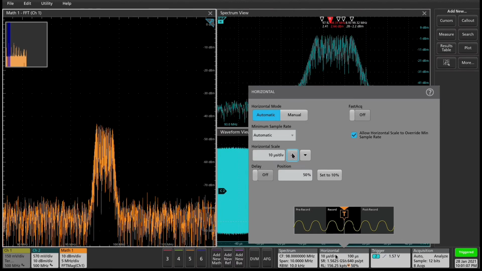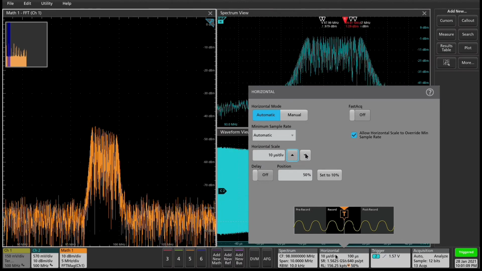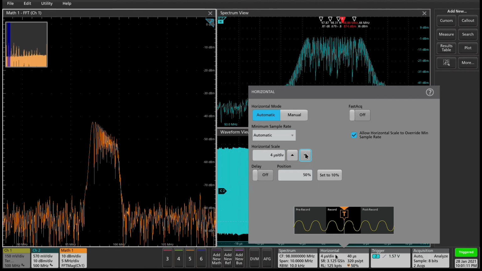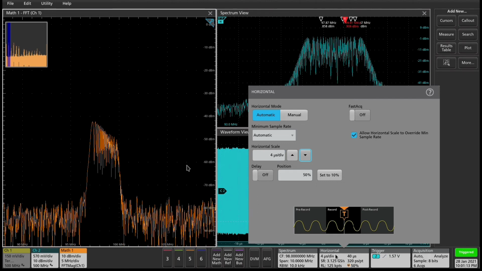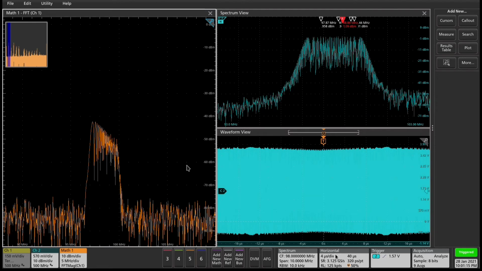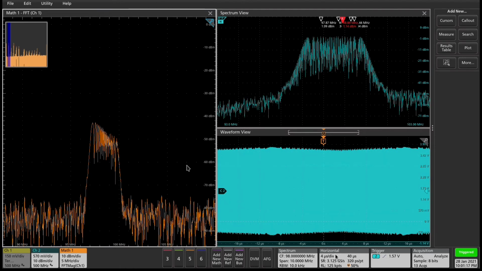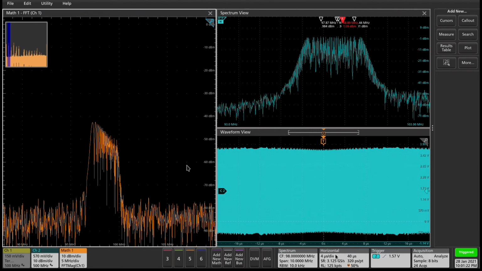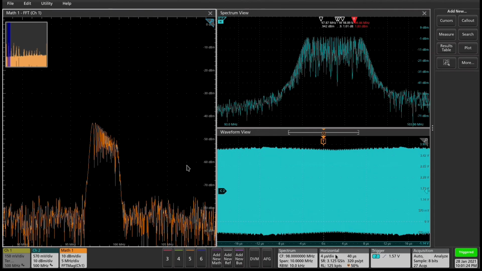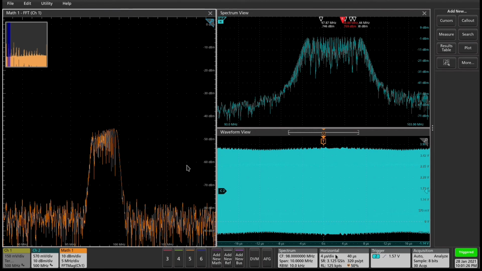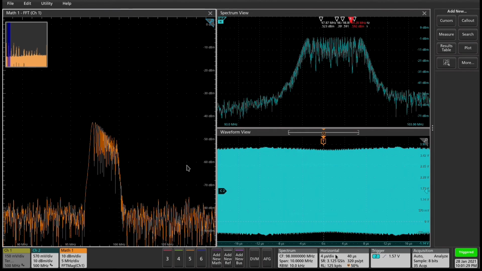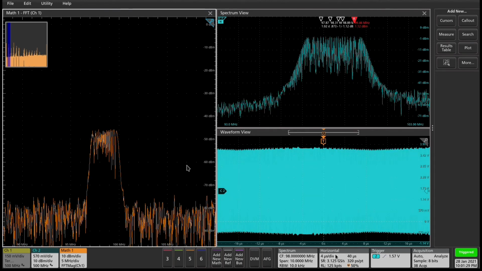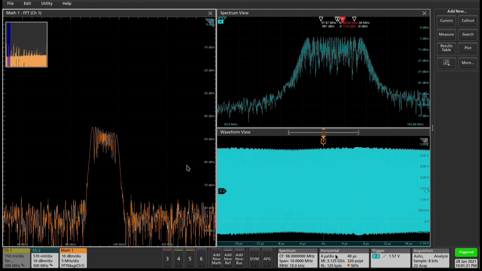I am able to see a similar spectrum display as I got using the spectrum view. But the problem is, once I try to optimize my frequency domain display, I no longer have my time domain view of the signal. But the spectrum view clearly does not depend on the horizontal system, because it has independent control from the time domain acquisition system of the oscilloscope.